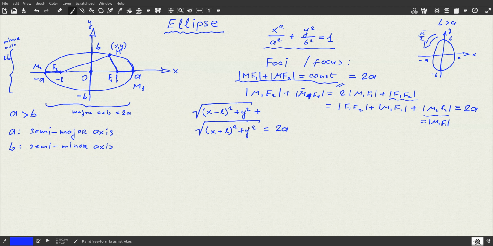And then we get this equation. What should we probably do about this? We have two square roots in the left-hand side. A typical way is to square up the left-hand side, but then we obviously get another square root. A very typical way of dealing with this equation is to move one square root into the right-hand side and then square up both sides. Yet we'll get obviously yet another square root anyway. So let's write that: the square root of x minus L squared plus y squared equals 2 times a